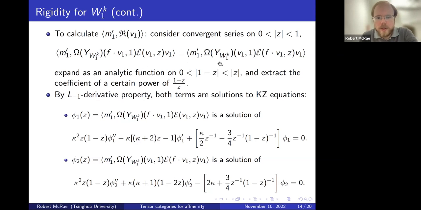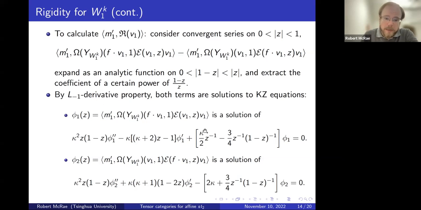So that's why we get these two different series. And they're two different series. They satisfy two different KZ equations using the L-1 derivative property for intertwining operators. We get two different KZ equations for these